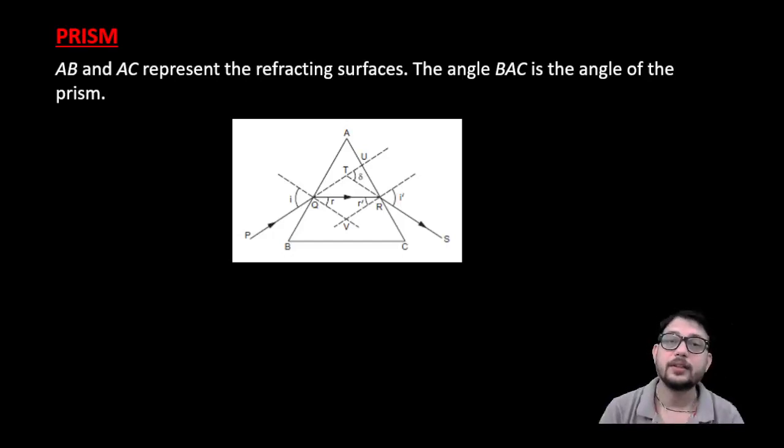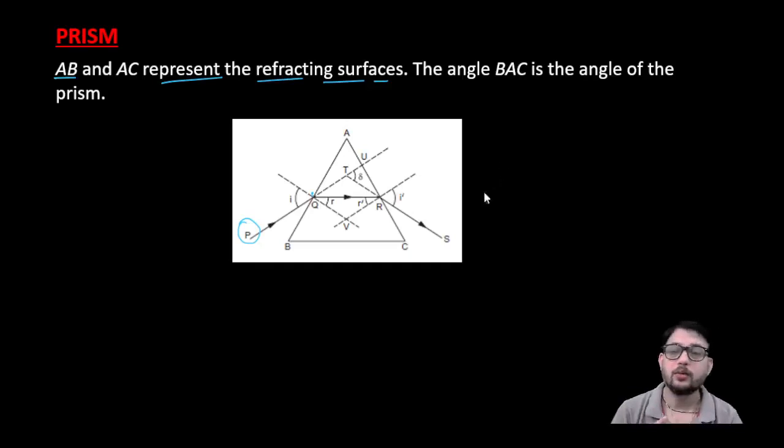Here, the incident ray, as you can see, starts from the point P, and firstly it hits the interface AB. So AB is your interface, and the ray coming from the object hits at point Q. So we can simply say that AB is an interface, or the refracting surface.